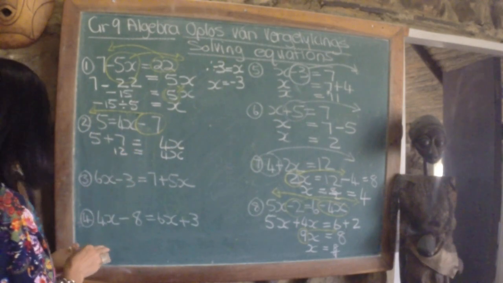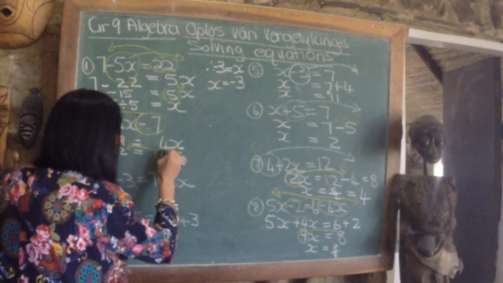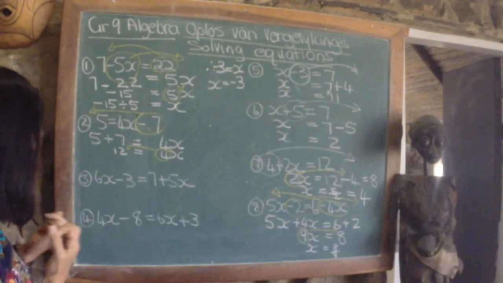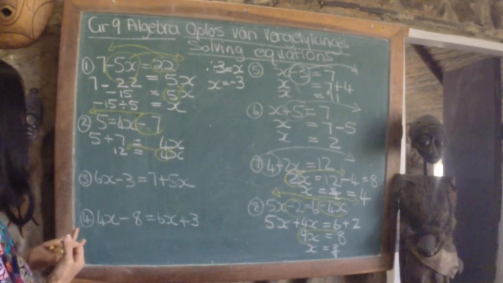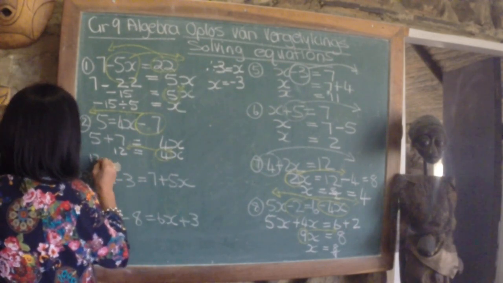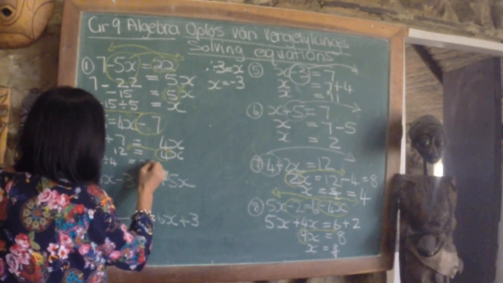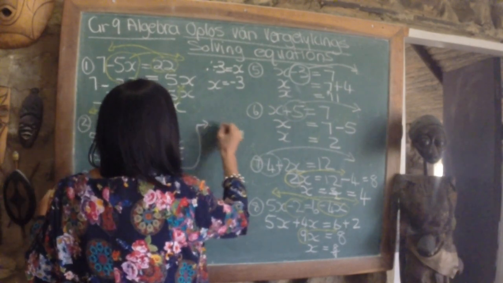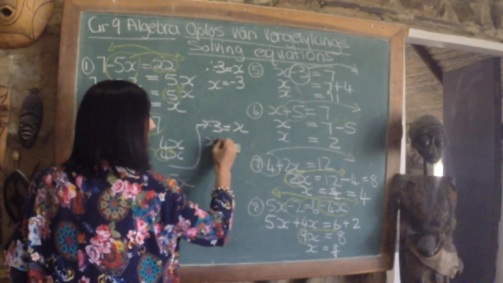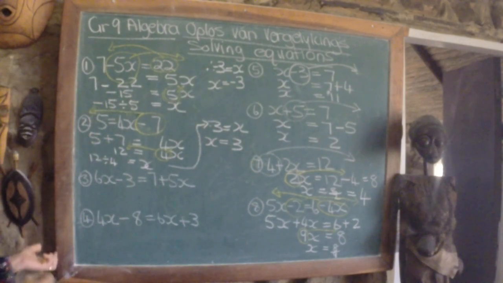Nou wil ek die 4 oor die is gelyk aan vat. En dan word die maal wat hy mee vas is aan die x, the multiplication that it fastened to the x, is going to become a division. So it's 12 divided by 4 and that gives me x and therefore x equals 3. You can write it the other way around now. Ons kan dit anders omskryf. Kyk, hierso het ek